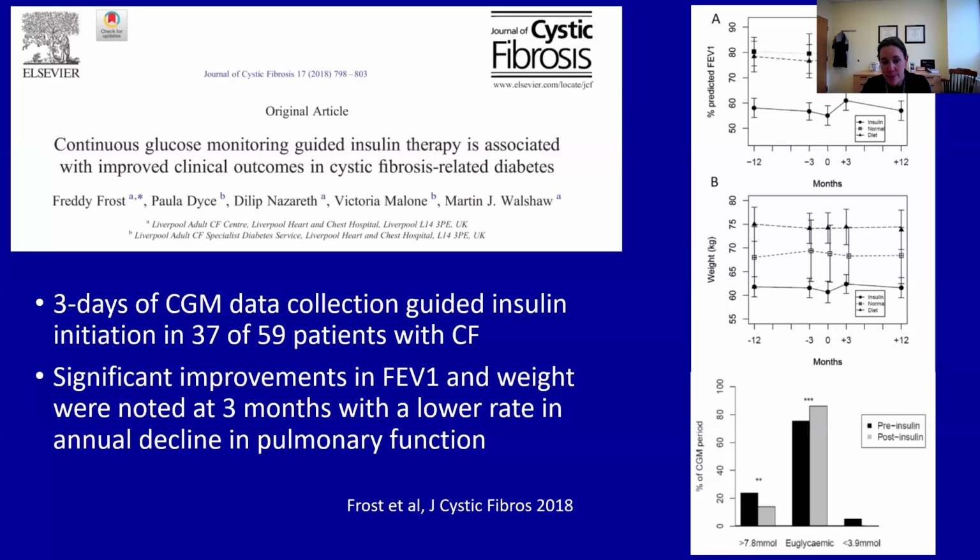There was a different intervention, but they found that in this group, starting insulin improved pulmonary function and weight gain at 3 months, and that these patients had a lower rate of pulmonary function decline with insulin treatment. And they also had improved glycemia with insulin. So again, this isn't really looking at the effect of CGM, but shows how we can use CGM in this